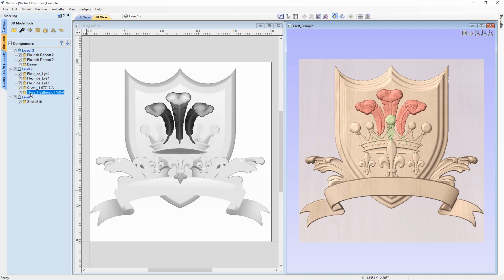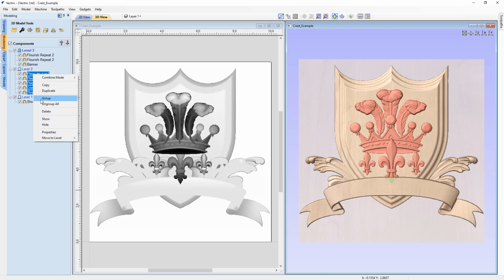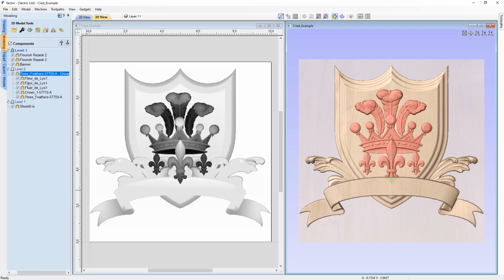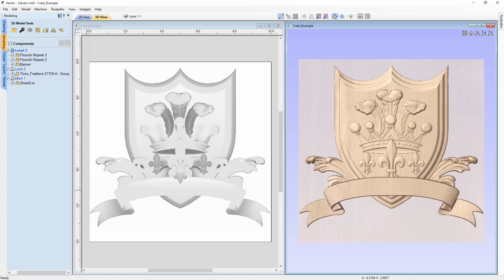2 so that I can manipulate it all at the same time, I can hold down my shift key with the bottom thing selected, click on the top fleur-de-lis, right click and go to group. And you see that now I have a group of components that are sitting inside of level number 2 that I also can use the minus and plus to expand and compress the list, and I know exactly what that